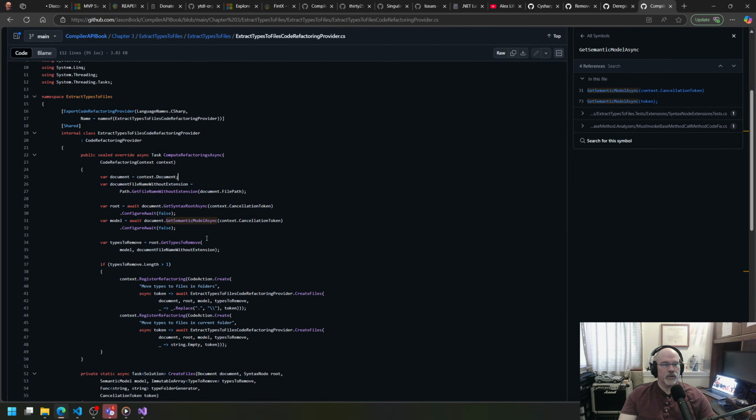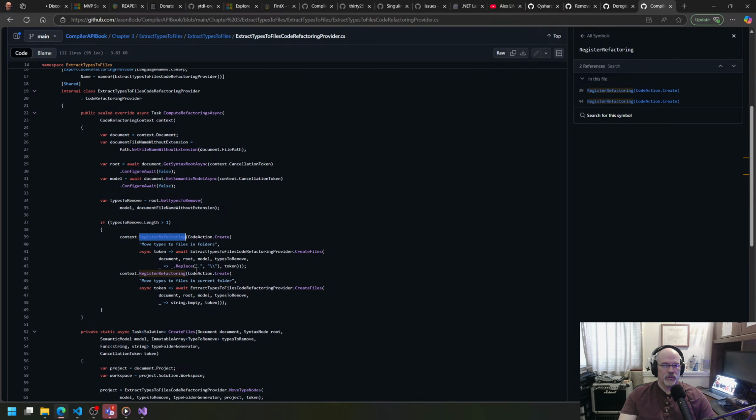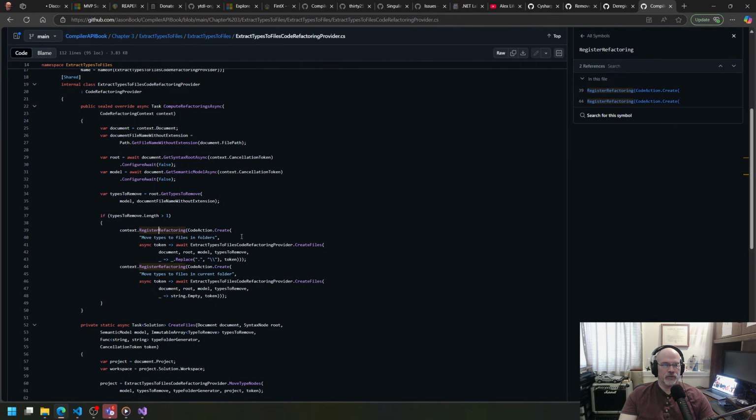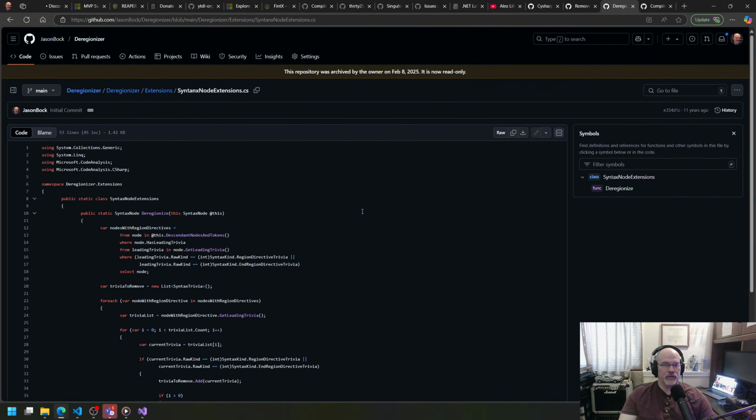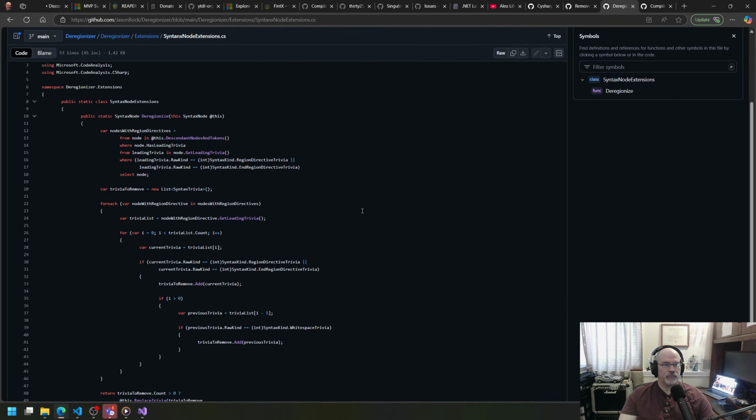Yeah, so you only report a refactoring if you're at a spot in the document and that you could actually do a refactoring for what they want you to do, I believe. Again, I have not done this in a while. So